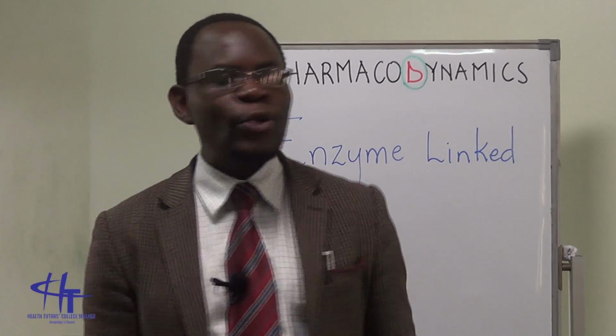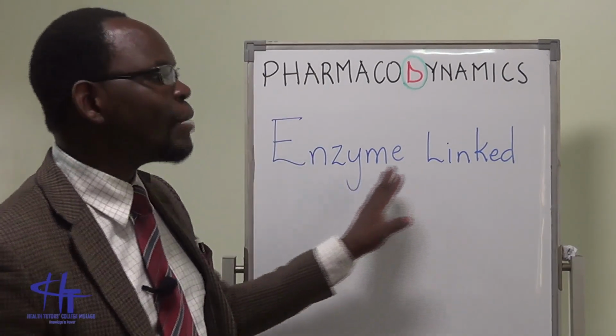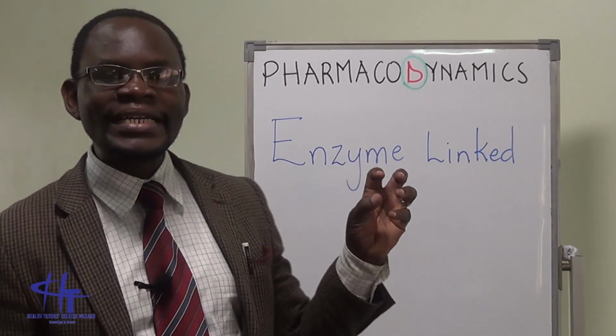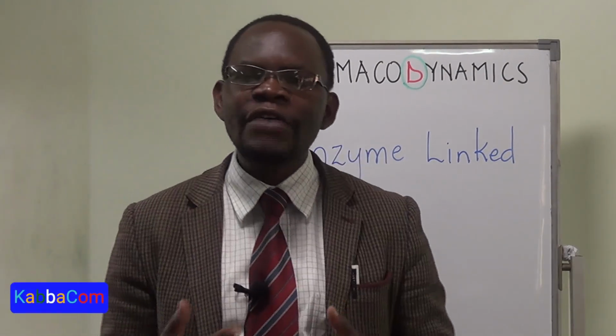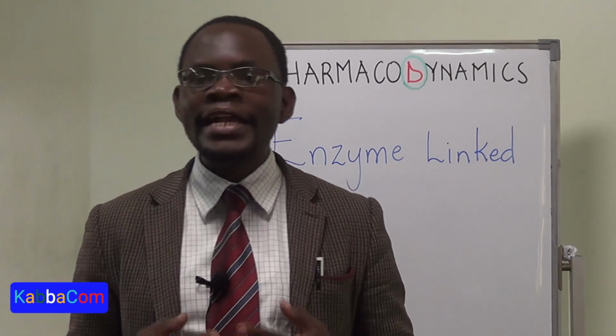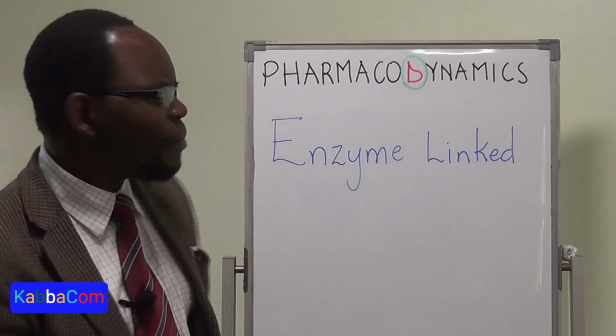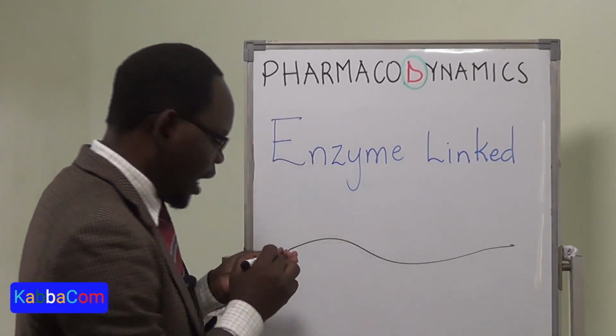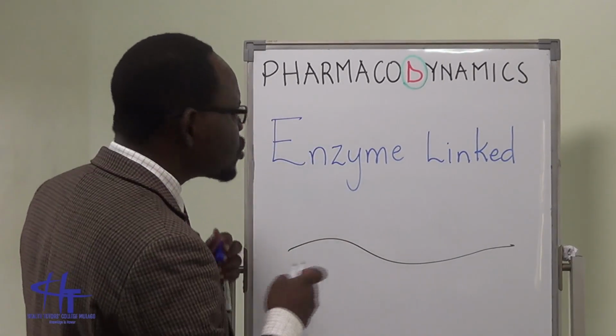Come back. Let's now look at what we refer to as enzyme-linked receptors. Just like the word enzyme-linked, these receptors have a component of an enzyme. Now, in their simple basic structure, assuming this is a cell membrane, they also have